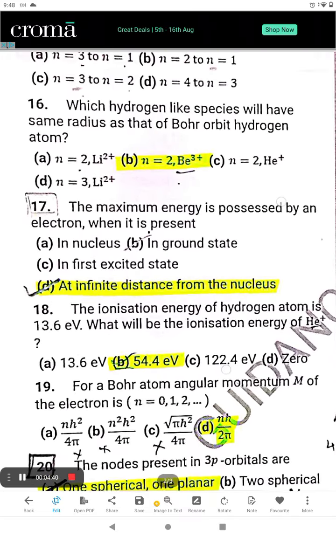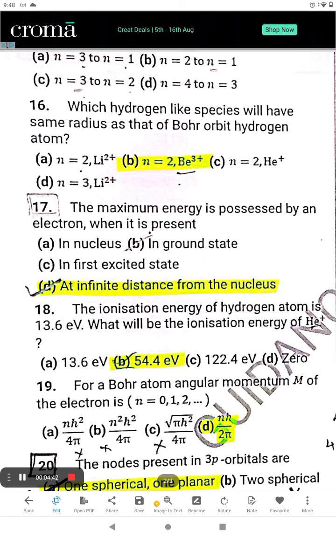17. The maximum energy is possessed by an electron when it is present. Actually, the right answer is at infinite distance from the nucleus, that is not in the ground state. I had attempted it as B option, ground state, but it is wrong. D option is the right answer for this question. The maximum energy is possessed by an electron when it is present at the infinite distance from the nucleus, because